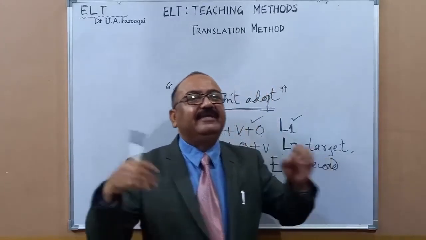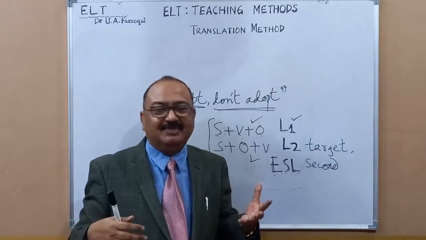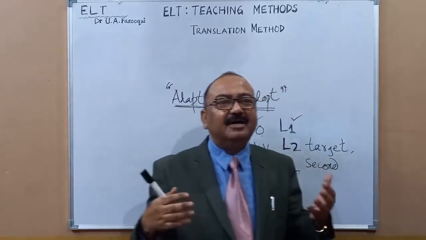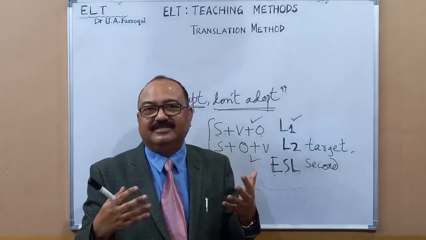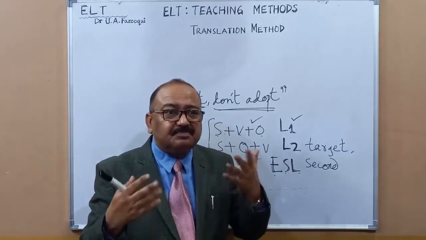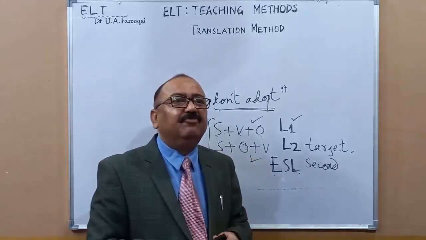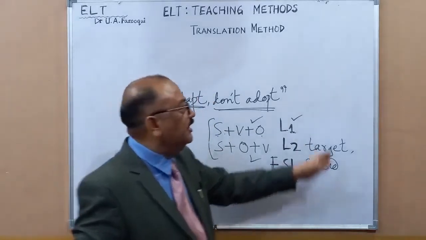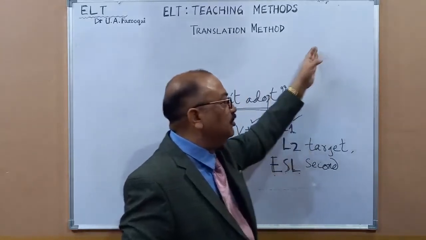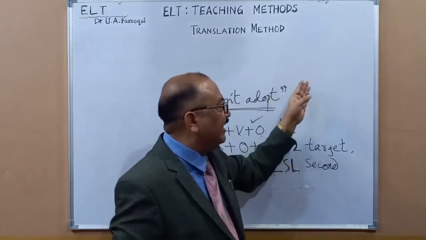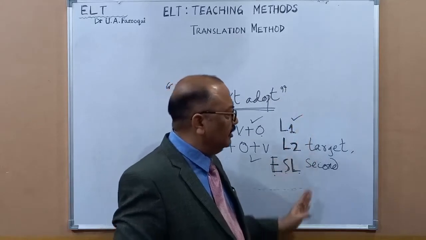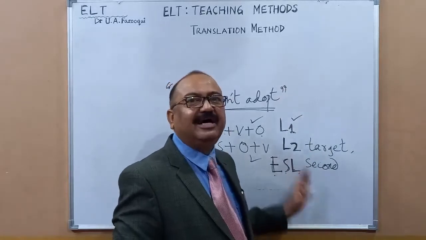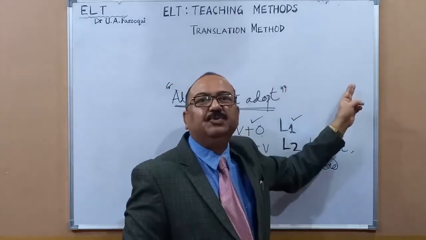So vocabulary and grammar are of primary importance in the translation method. They are the primary things, okay? Vocabulary is often taught through lists of words. A teacher can give a list of words, like mat, cat, dog, apple, mango, hair, elephant. You can write the words and ask your students to give you the Hindi equivalent.